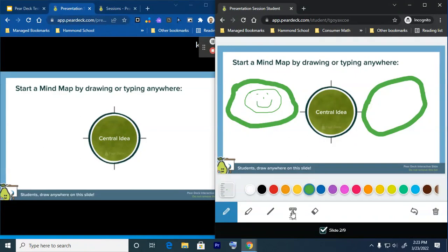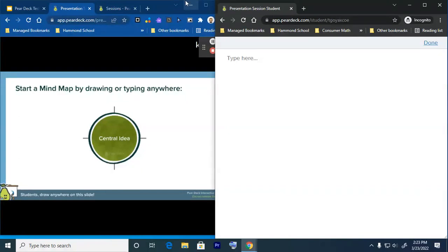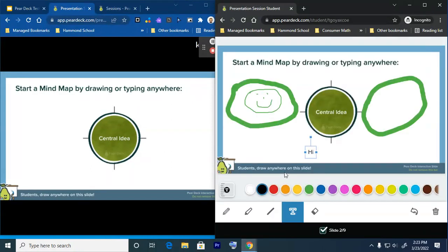Drawing can be kind of clunky when you're using a mouse, so text could be a valuable tool there as well that you can add. You can type in whatever you want. So just type in something real quick so you can see what it looks like,